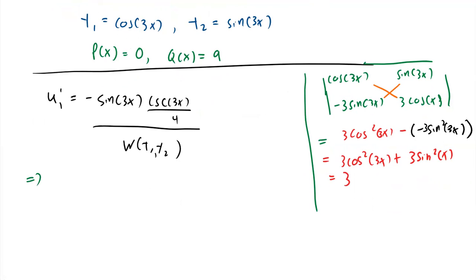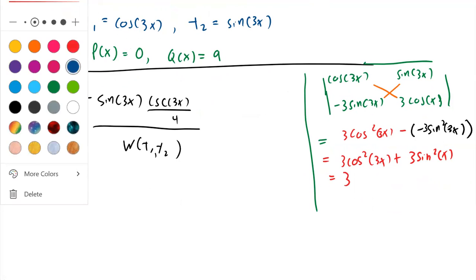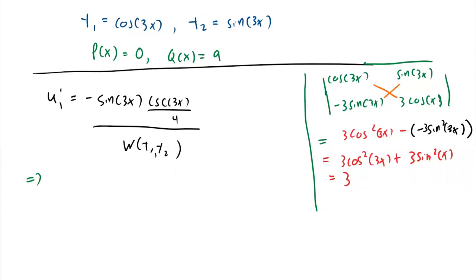What do we have? So let me use a different color. So sine 3x times cosine 3x times cosecant 3x. Cosecant is 1 over sine, right? So the sine 3x and the cosecant 3x cancel out. So we're left with negative. So u1 prime equals negative